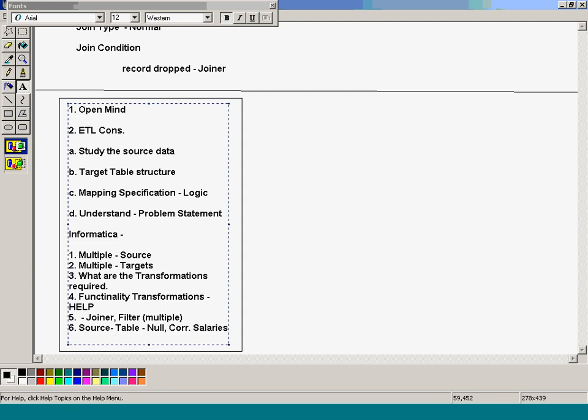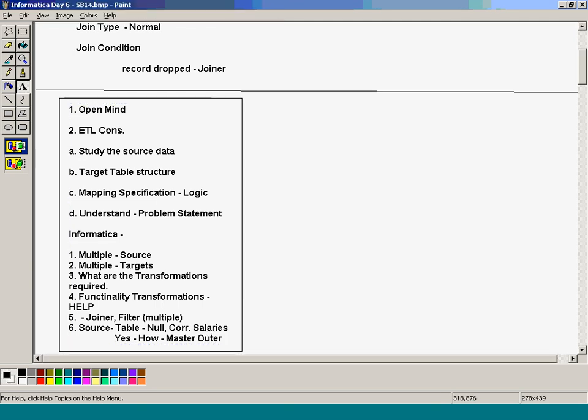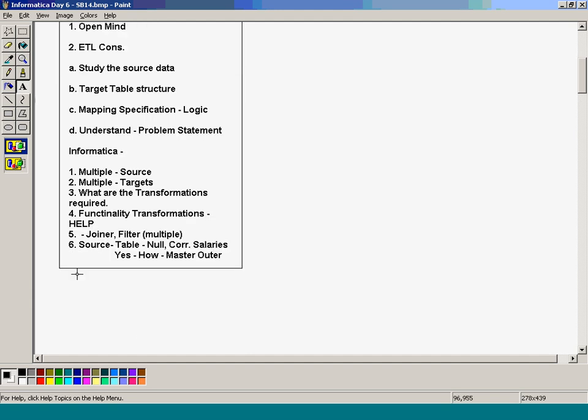Then we see what the joiner type is and we go for which is a master. In this case we did a master outer join. After you do this, then you do the unit test. Then you do the unit testing of that mapping which I have done